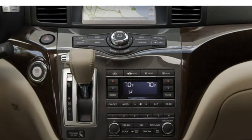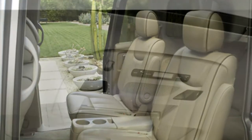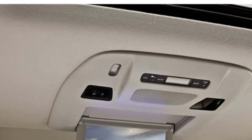Seating. The 2015 Nissan Quest seats 7 on standard cloth upholstery. Available features include